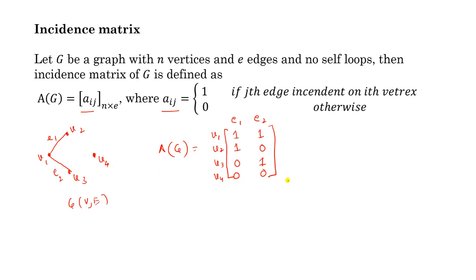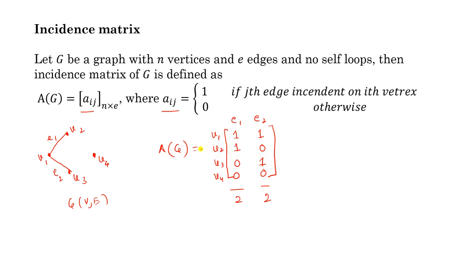Now some of the characteristics of this incidence matrix. If you find the sum of each column, the sum of the entries of this first column is 2, and again the sum of the second column is 2. Why is it 2? Because every edge is incident on 2 vertices. That's why the sum of the entries of each column will be 2. So if you write any other entry 1, then immediately you can check whether the matrix is correct or not, because there must be only 2 entries which are 1 in a column. So this is the incidence matrix.